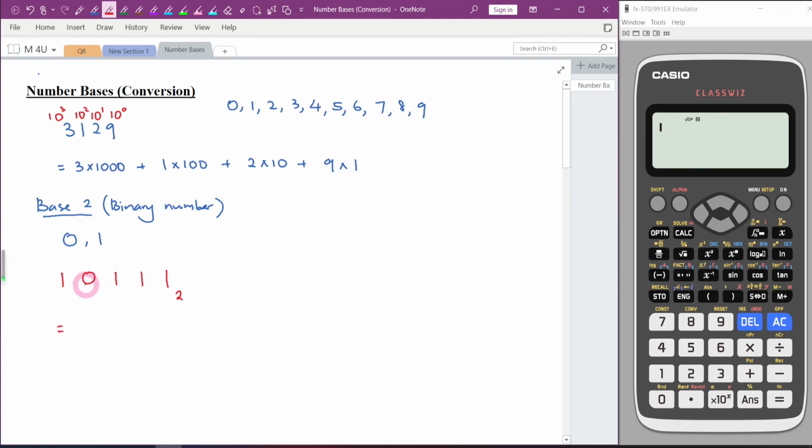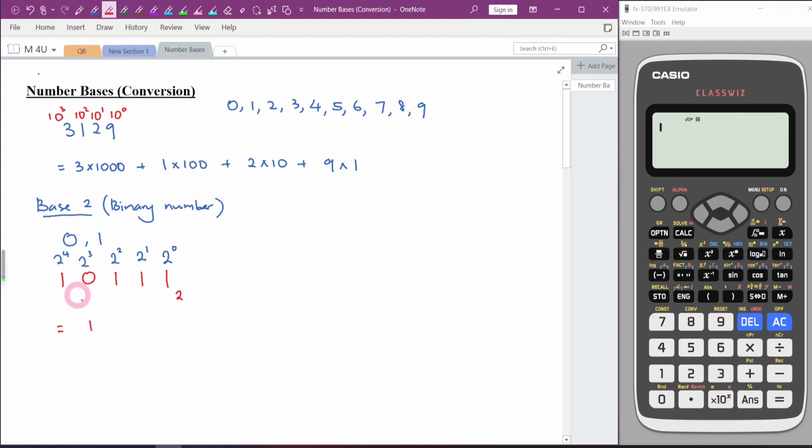Okay, so if I ask you to convert this number in base 2 to a number in base 10, can you do that? If you understand this concept, I think it should be no problem, right? Since this is base 2, the place values will be 2 power 0, 2 power 1, 2 power 2, 2 power 3, and 2 power 4. Before converting to base 10, I'm going to write this in expanded notation first, which is equal to